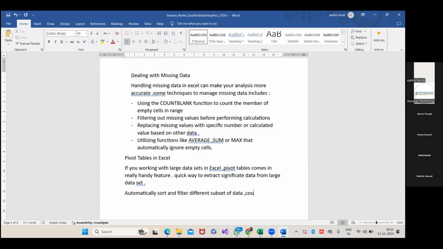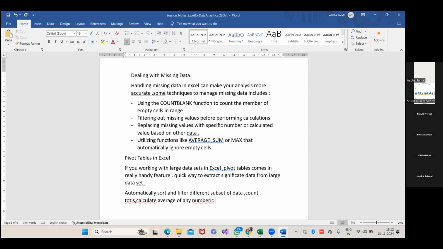It can even count the total, or calculate the average of any numeric column. Suppose you have an amount or a price or marks, you can easily use all the numeric functionalities in the pivot table.